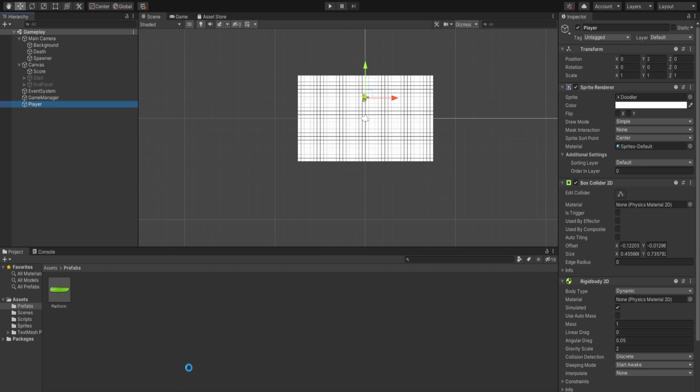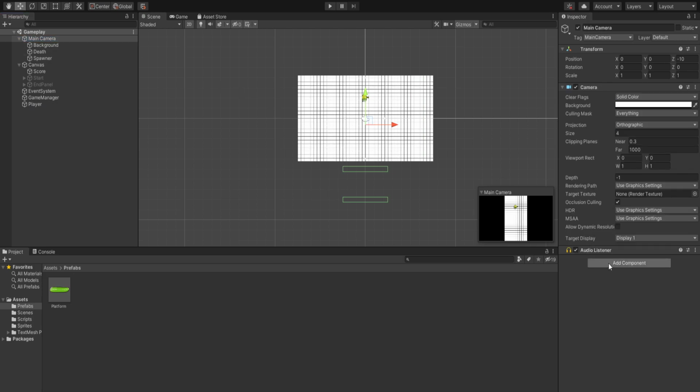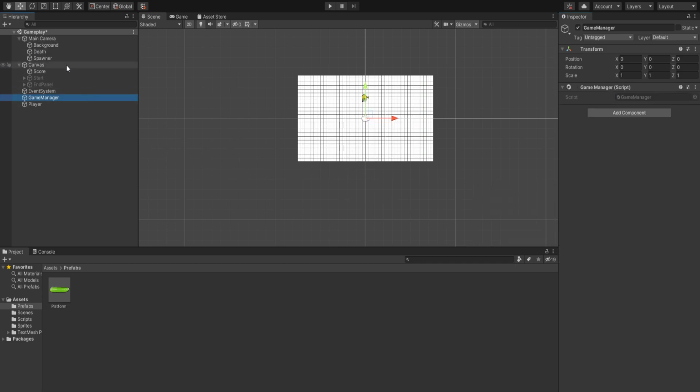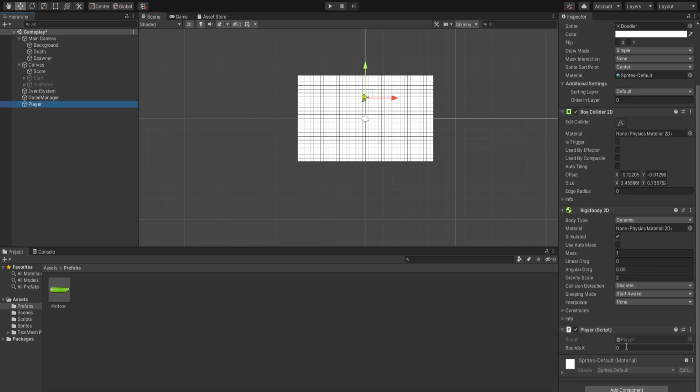So let's go inside Unity, and the first thing we'll update is our main camera. So let's add our camera follow, and smooth speed is 5, and can follow we'll set to true at the beginning. And for the target, we are going to attach our player. Now that was for our player, and the player just has a bounds x. So let's see what our bounds x should be. 2.5,